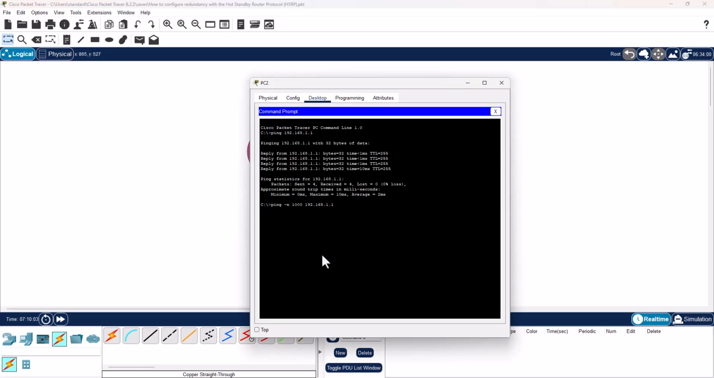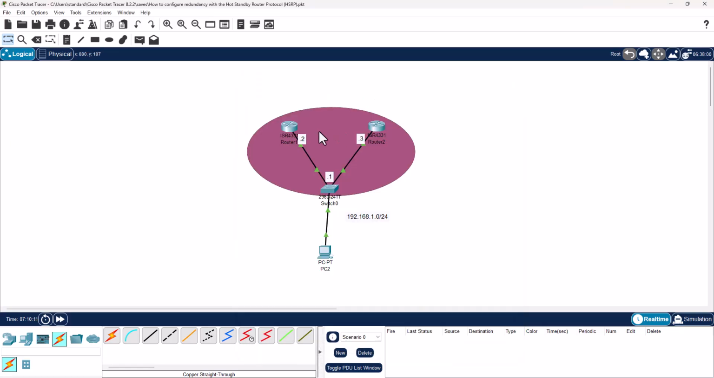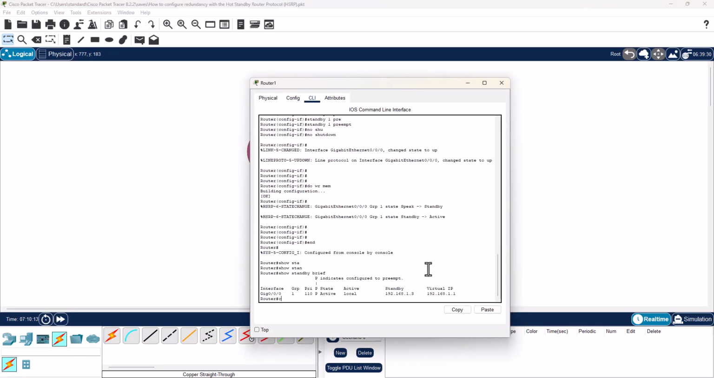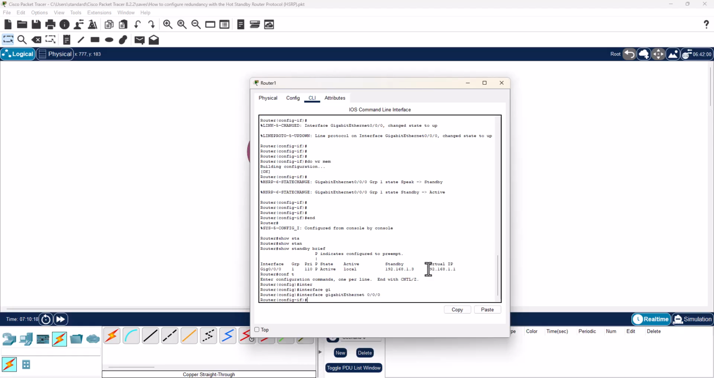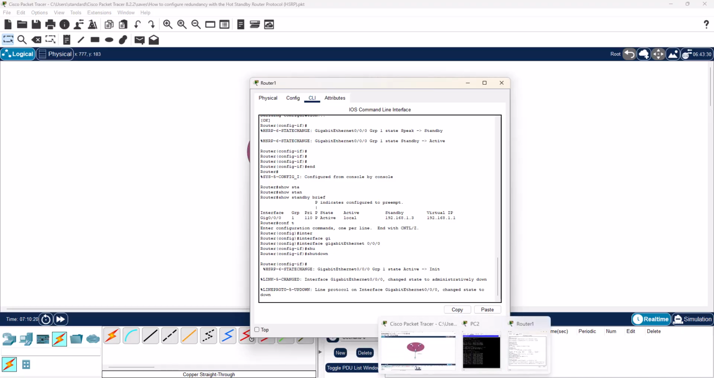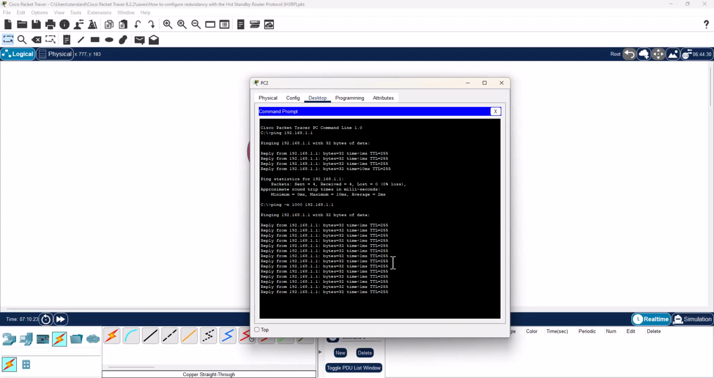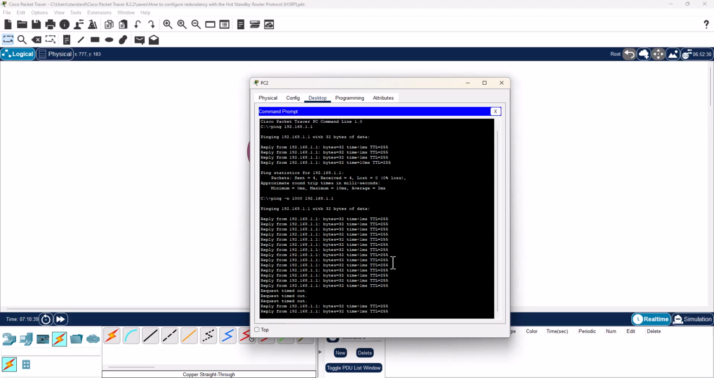Okay, so I will go back here and I will initiate a continuous ping of 1000 requests to the virtual IP address. So I'll go back to router 1 and into configuration mode, interface gigabit ethernet 0/0/0 and shutdown. And if I go back to my PC, we see that one request gets timed out and another. Why? Because router 1 is currently not responding to these ICMP echo requests because we shut down